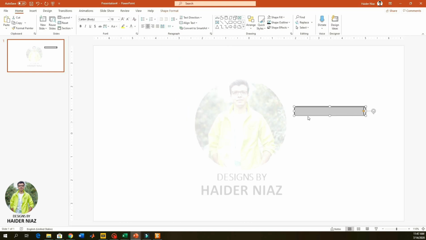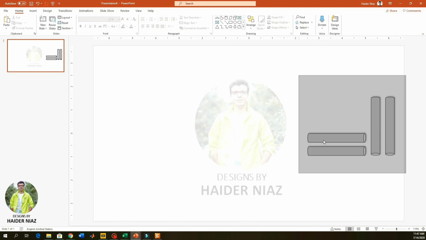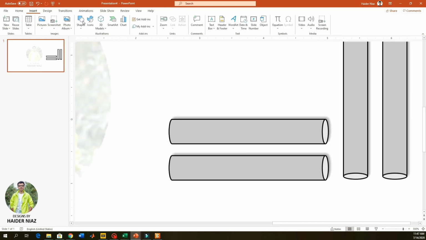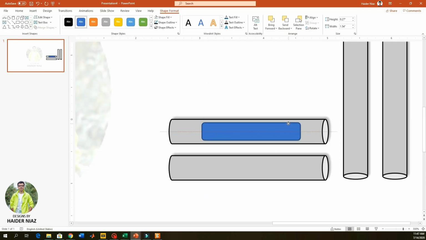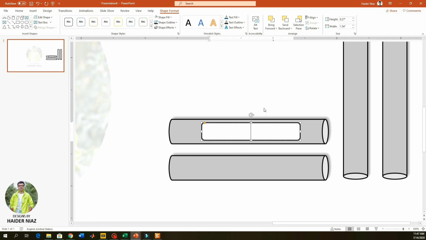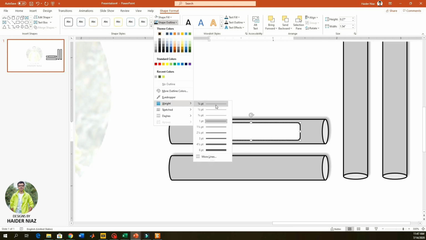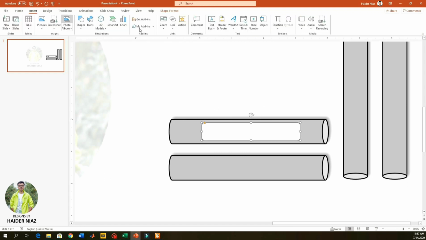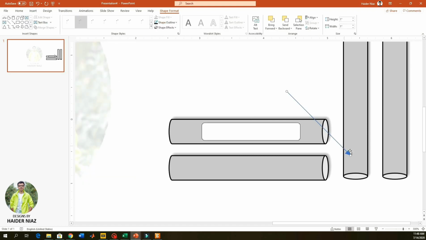So I'm just showing you how you can make a simple pipeline using cylinders, and you can also add a different color. And now I'm adding a white color background so that it can show a perspective from the inside of the pipeline, what's going on inside. I'm going to add a small outline for the pipeline so that it can be a little brighter and also more prominent.